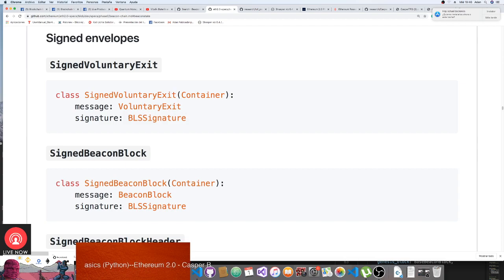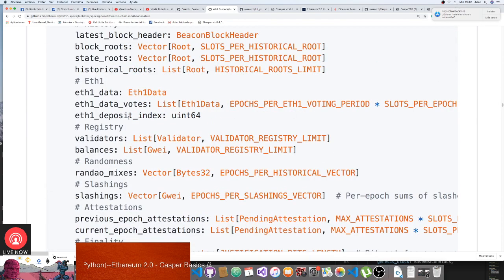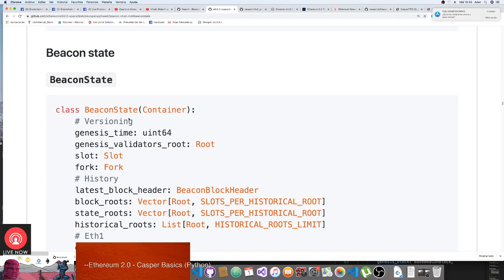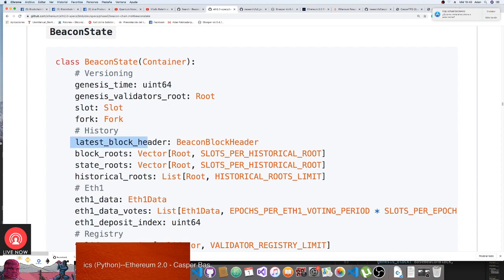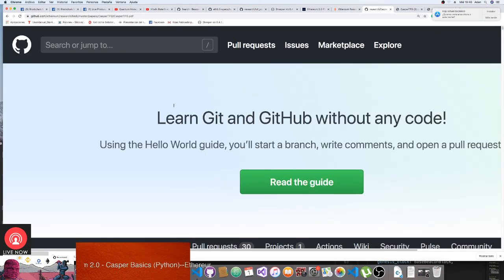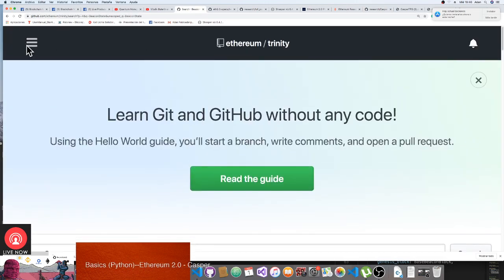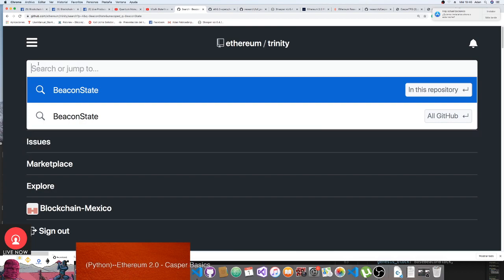So let's see things about the beacon state, because it's the thing that we are talking about right now. So let's see the latest block header, that is how this beacon state is connected. So let's see in the protocol specification and find out